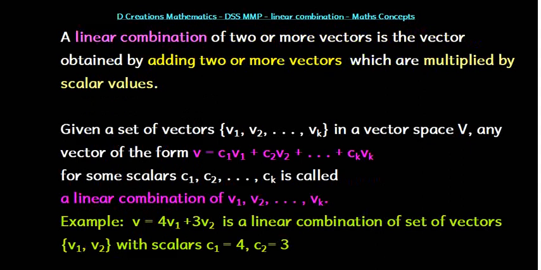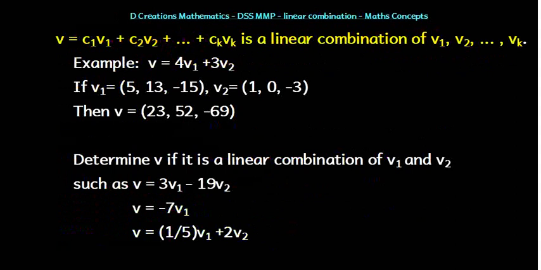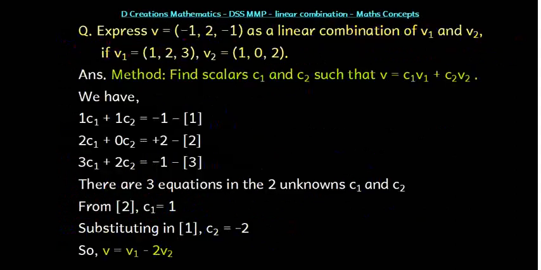We had also seen some examples with vectors with multiple components, and some questions were given to you to solve. Hopefully you have solved them. Now let us concentrate on this problem. The question is written the other way around. In the previous question, we tried to find the linear combination vector v. Here, the vector is already given to you. V is given as (-1, 2, -1). Now you have to express it as a linear combination of the two vectors v1 and v2. These vectors are also given to you.